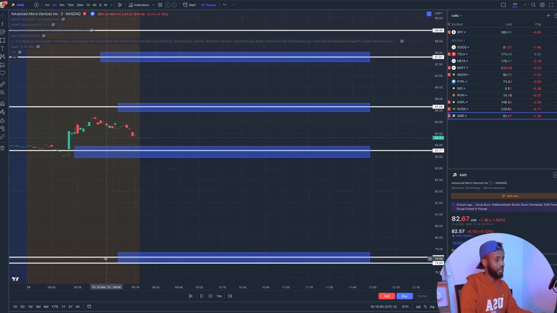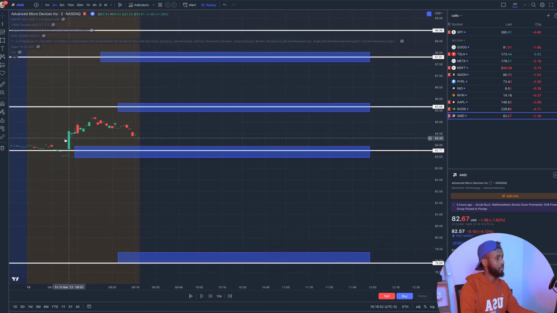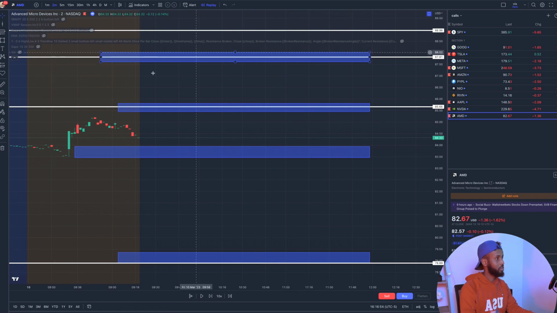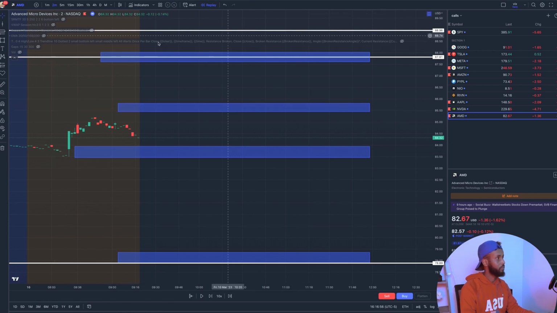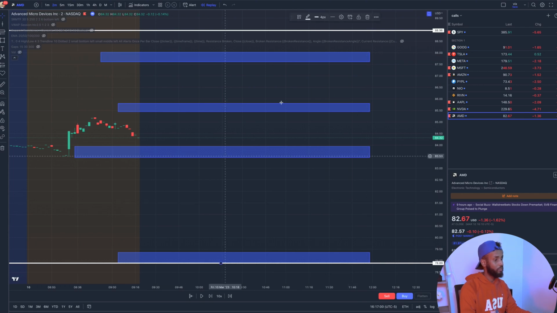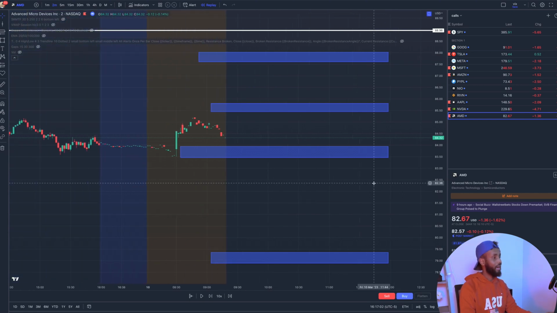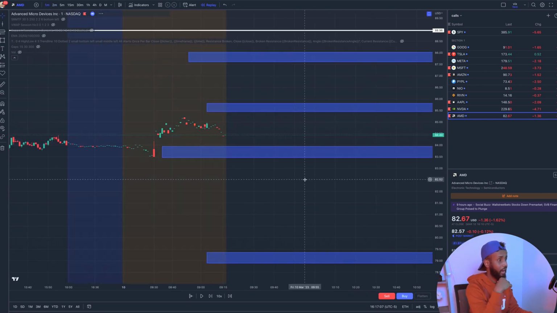And since I have OCD, I like to remove the old lines. Now, we have some key zones to trade off of,